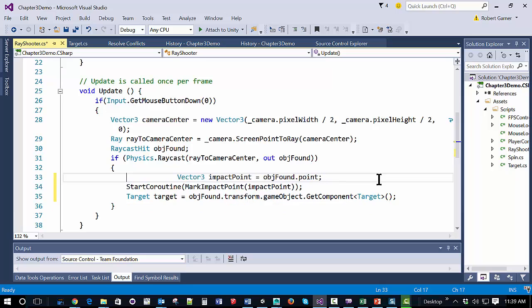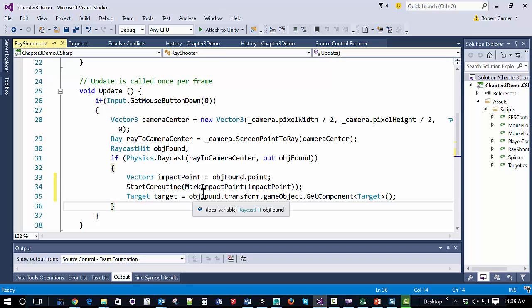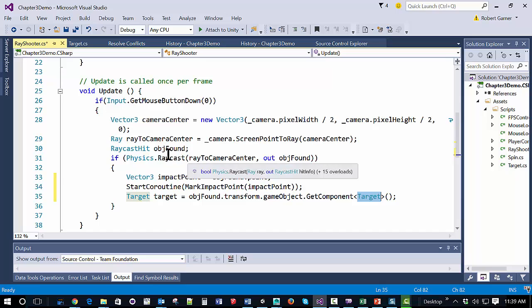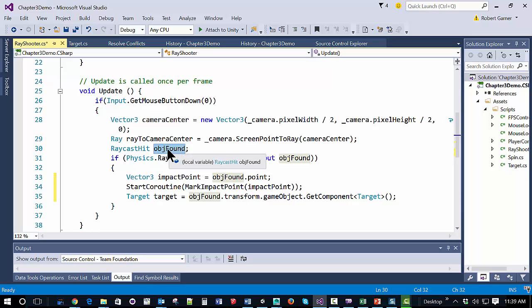We don't need it at this point. And so what happens here is we get this target from the game object. So the object found is really the raycast hit. Maybe I'll refactor this name. Really, we want the object found to be this game object. So I'll refactor this as